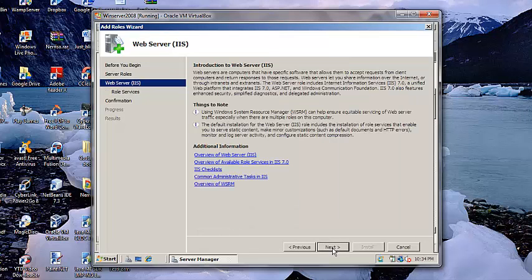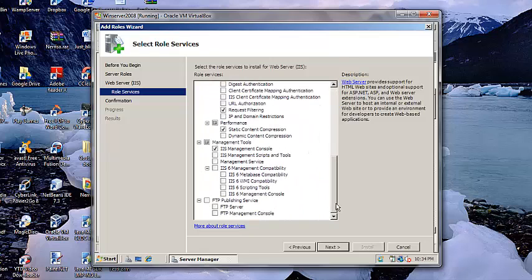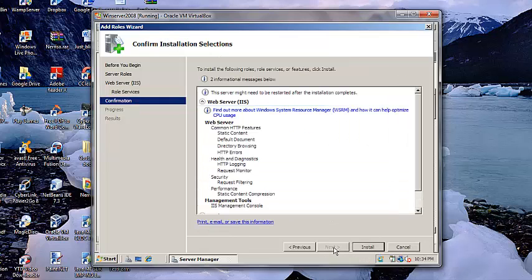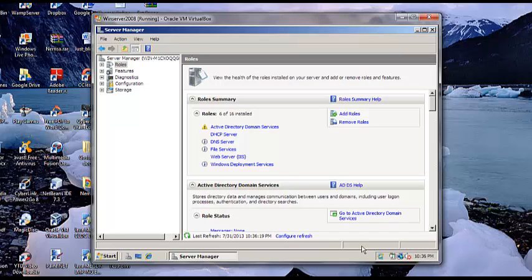Next, next, and you can leave the default as is, and click next and install. So now the installation has been completed. So what we're going to do is click close. Click close here,